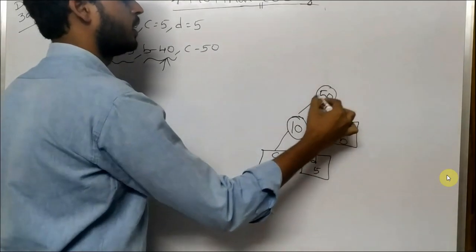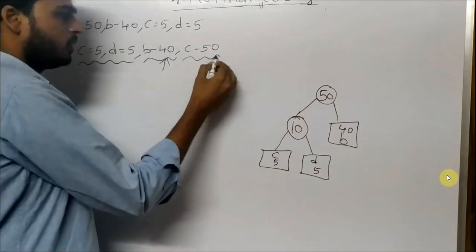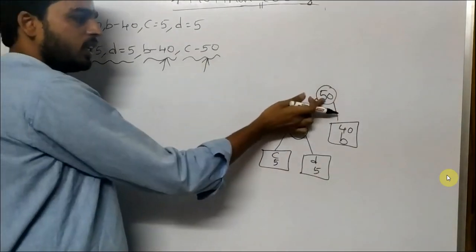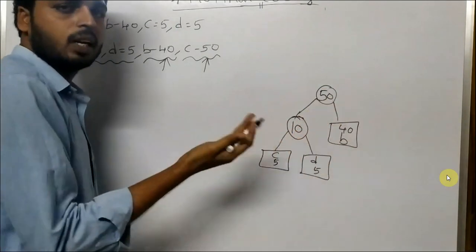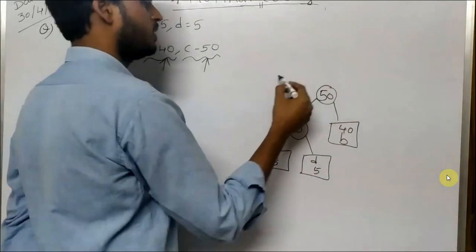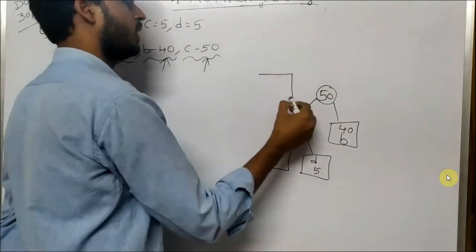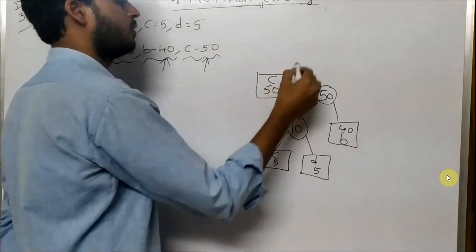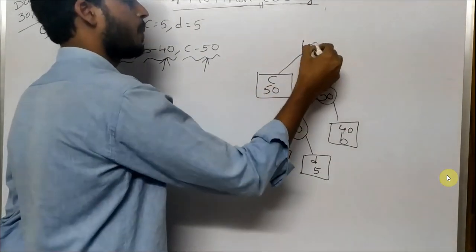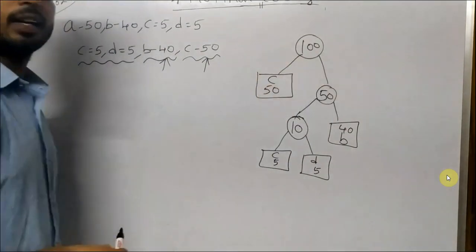I got 50. Now you will get a question. I am trying to insert the value 50. I want to insert it either on the left side or the right side. It's your wish, since it is equal, right? So I am going to go to the right side every time, right? Now I will take the left side, A value 50. Now you will get this is the Huffman tree, right?